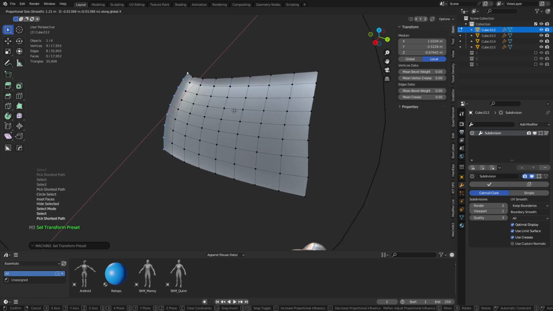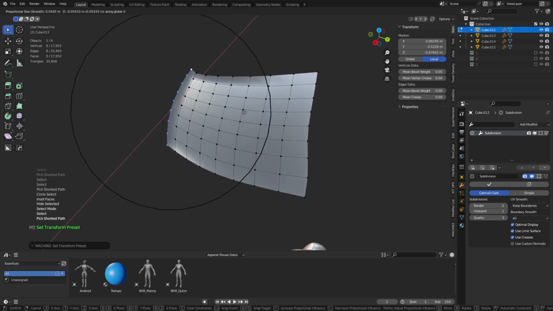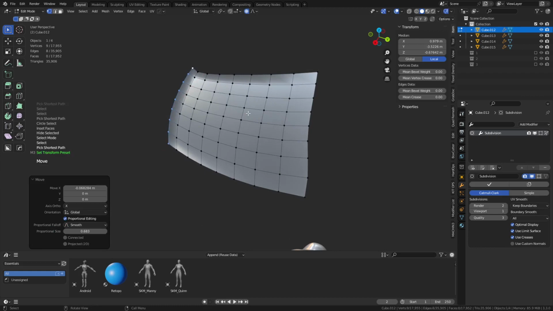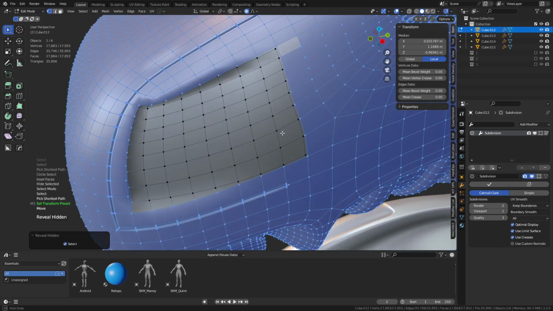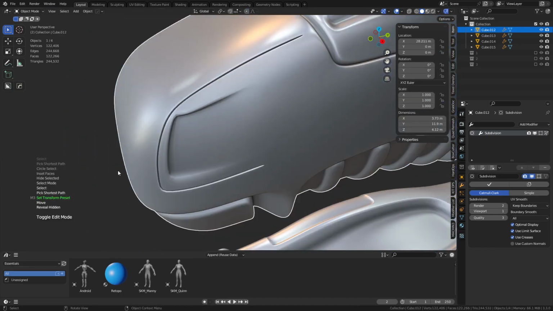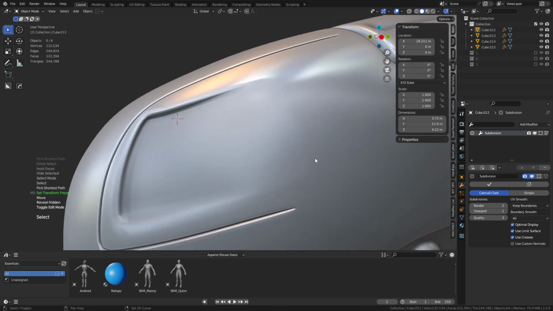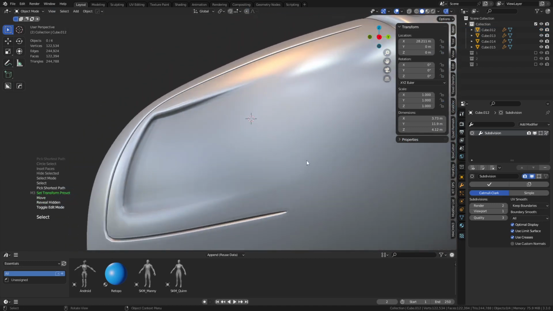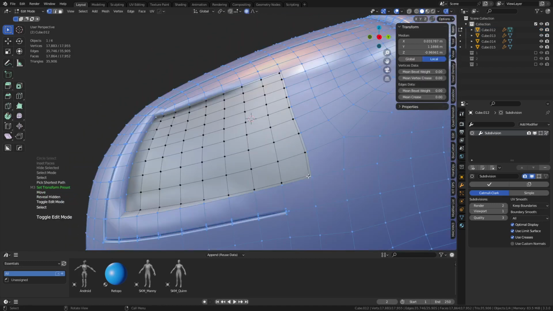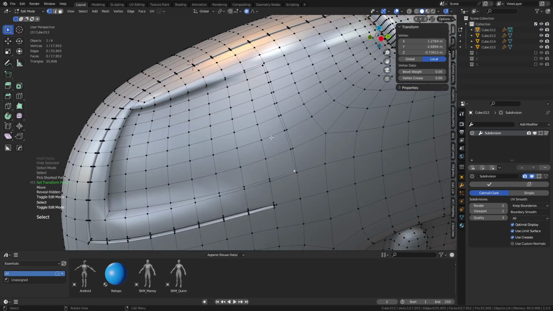I'm going to pull them on an X, and I just want it to curve inwards a little bit, right? Hit Alt H, you can see what's going on here. This is what we get. In the rare instance, you see this little shape here at the back. That's because of that extra polygon there. You could surface slide this and try to balance it out, but this is another great time to turn off